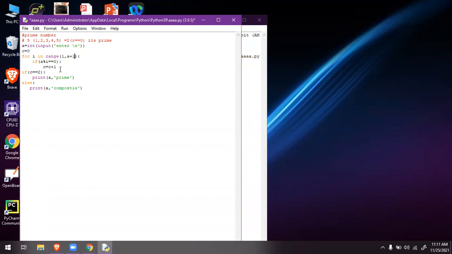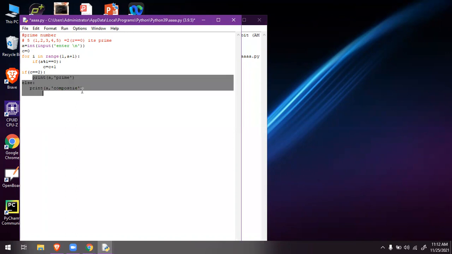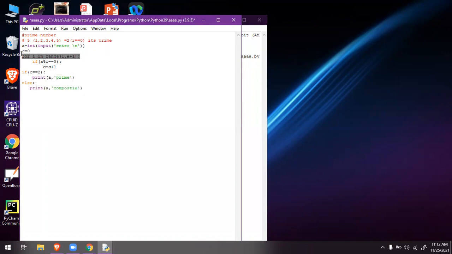This is the only mistake that we will make in this prime number concept. The remaining is the same. You have to divide that number, compare the modulus, and print. It is all basic knowledge, but it is a concept where you must be focused while writing the program.